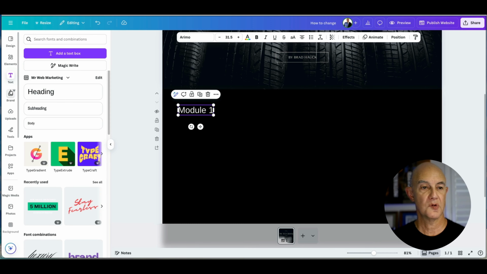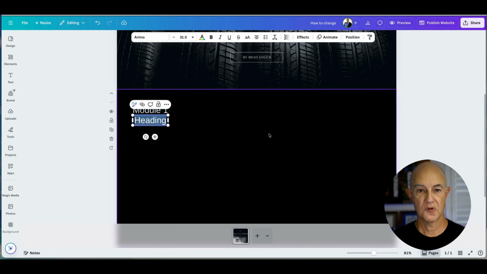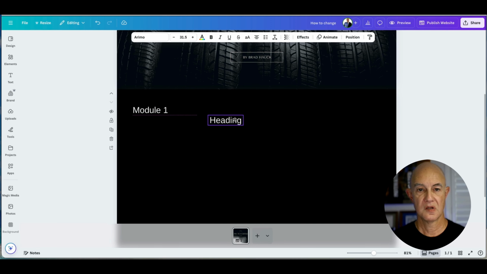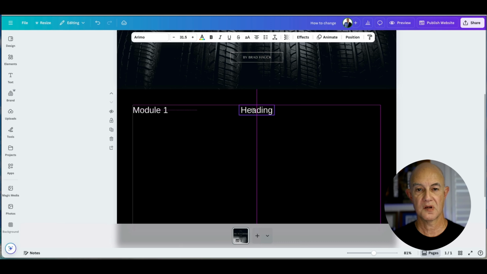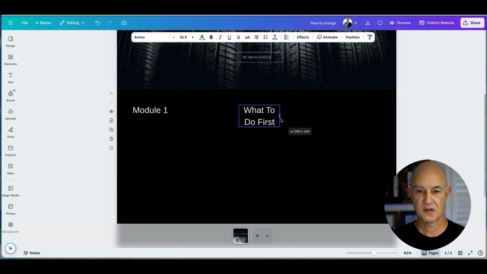And then module 1, we're going to need a title for it. So let's just get our heading. I'm going to put another one in, and so in this case the heading, we'll line it up. See the dotted line? So I'm lined up with the center there. I'm going to come across till my second line vertically comes up. Is what to do first. And I'm just going to grab the handle on the side here and just click and